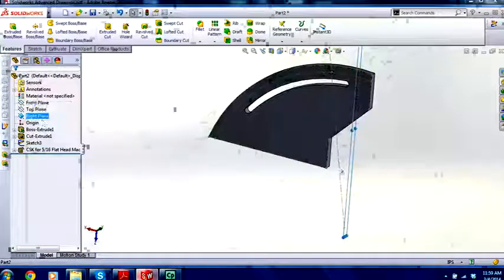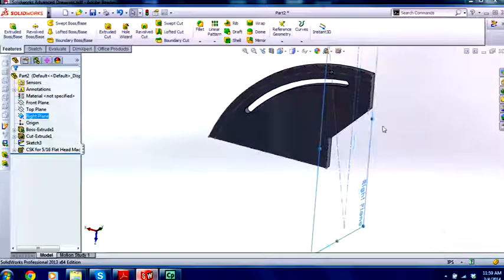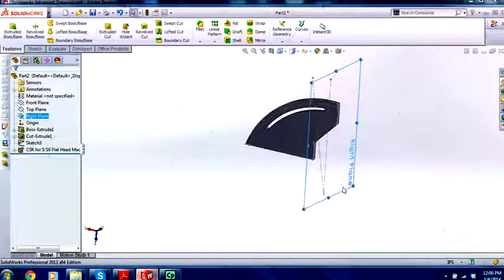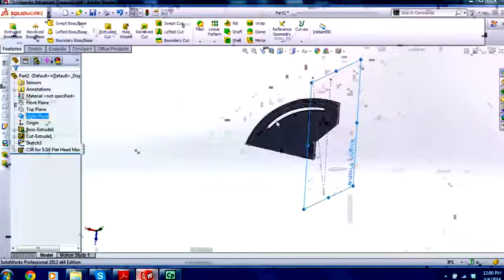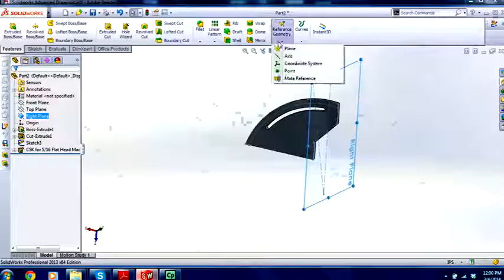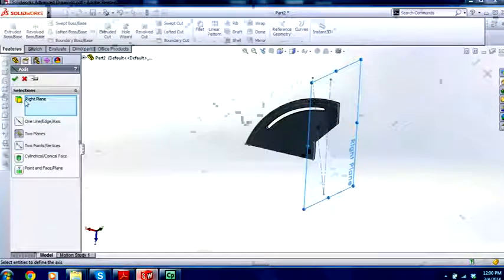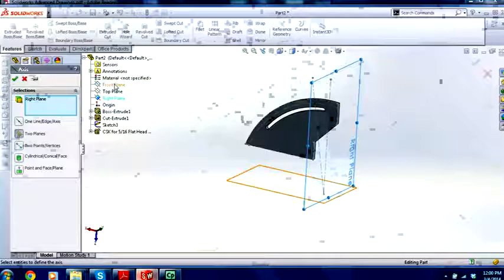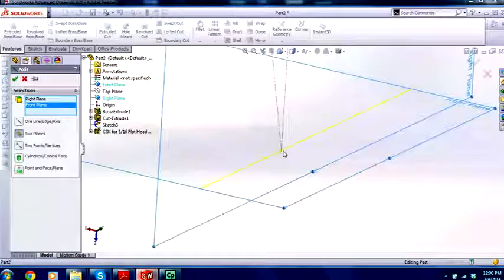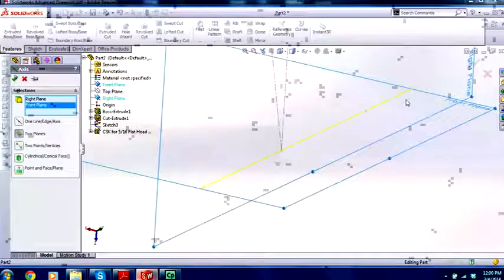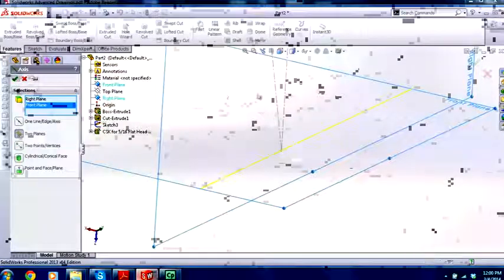I'm going to use the right plane and the front plane to get an axis in this direction here, and then we'll be able to array them. I don't know if you've seen this type of thing before, the right plane and the front plane, and look what it does. It puts it on that origin point, and it gives me an axis in that direction along the Y. Okay,